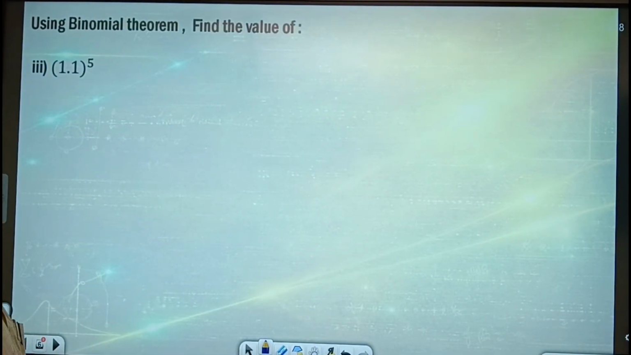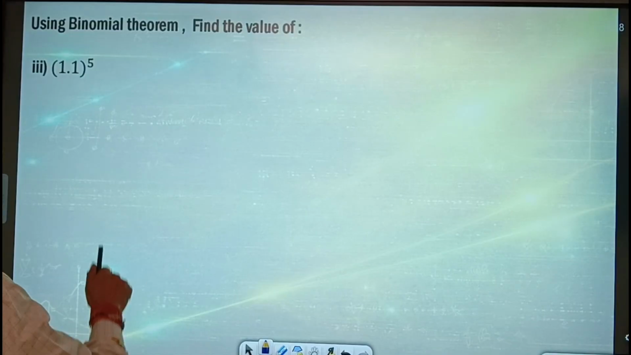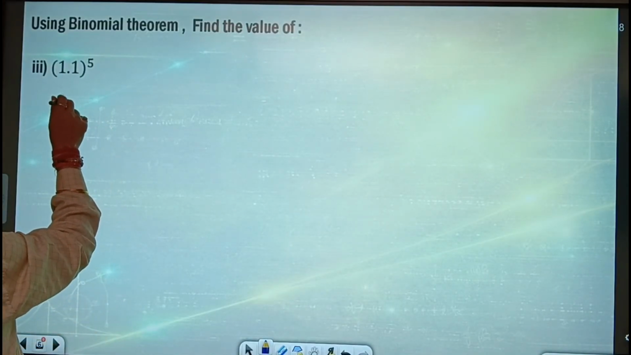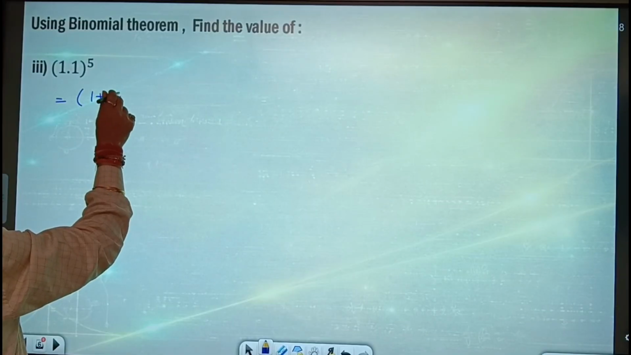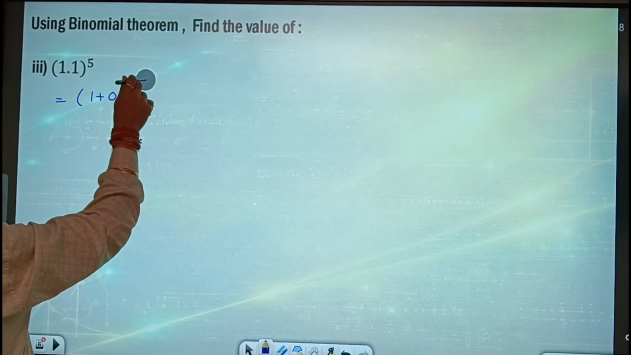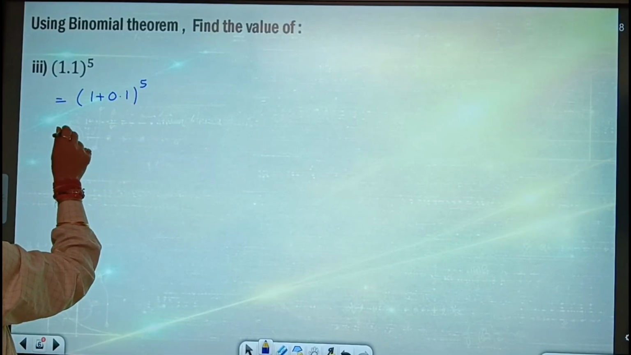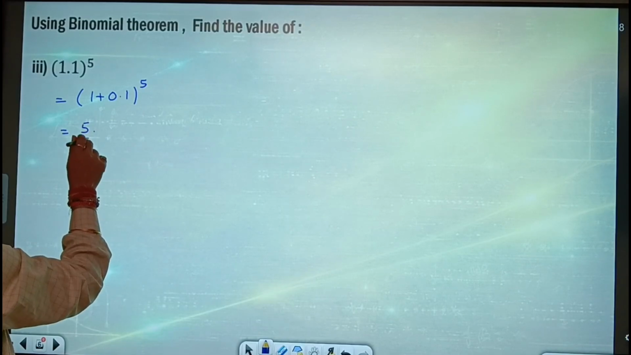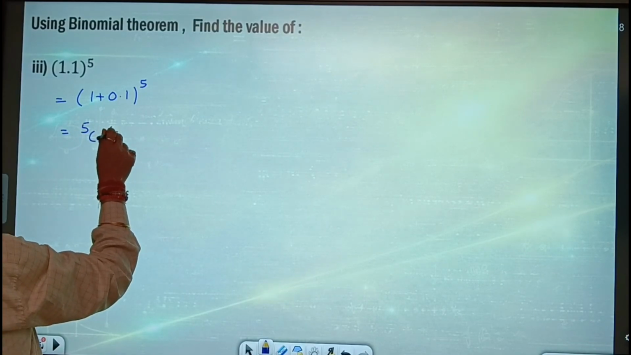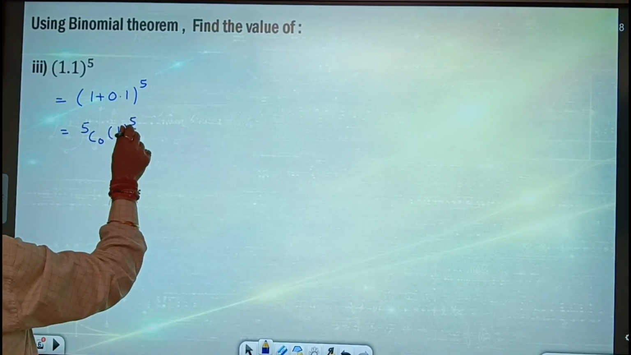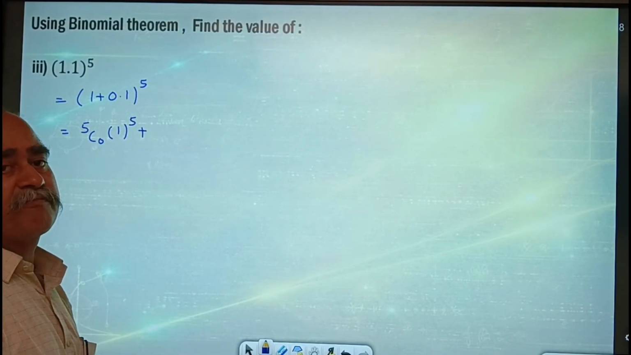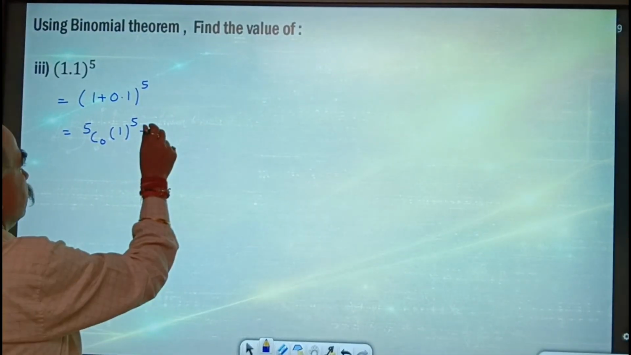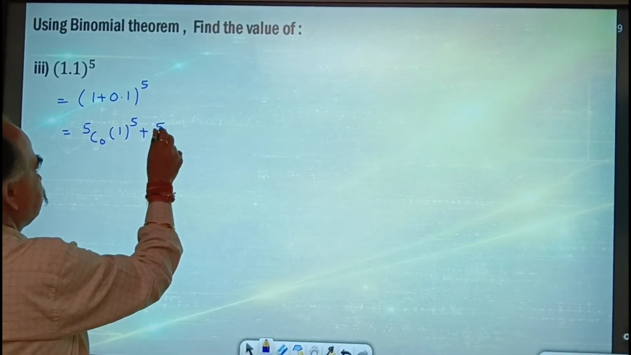Next one is find the value of 1.1 raised to 5. This can be written as (1 plus 0.1) raised to 5, which is 5C0 times 1 raised to 5. Now, 1 raised to any power is what? 1. We'll keep on increasing the power of 0.1. So 5C1,